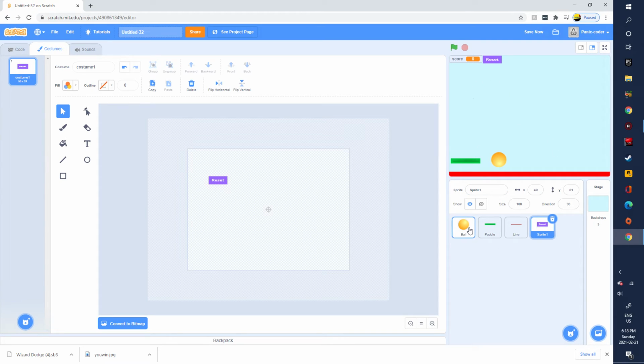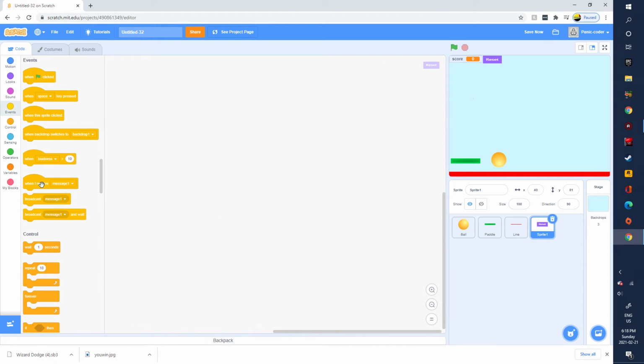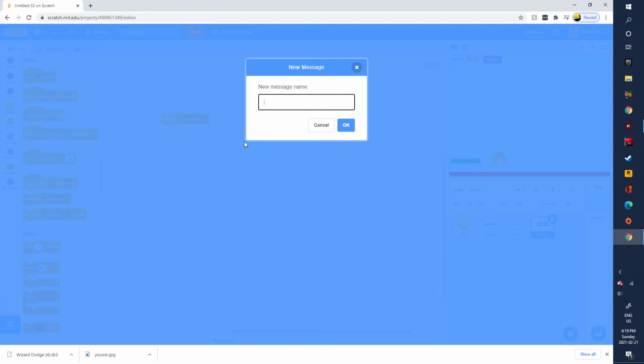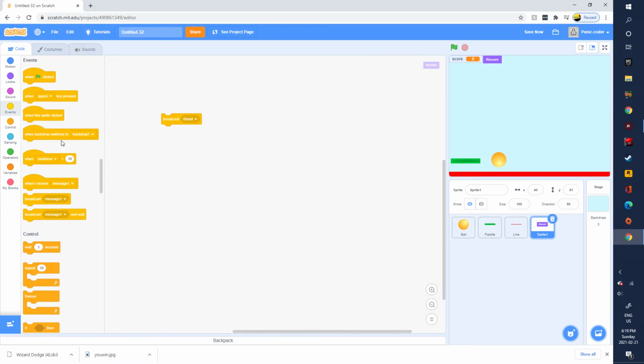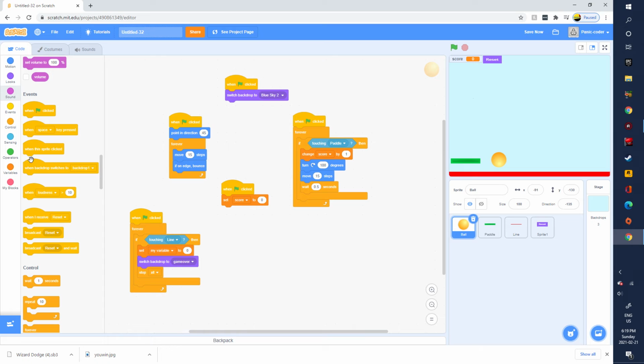So now what we have to do is add in the code, go to events, and add broadcast message 1, change message 1 to new message, make the new message say reset. So when green flag, or no, when this sprite is clicked, broadcast reset, then go to the ball and do